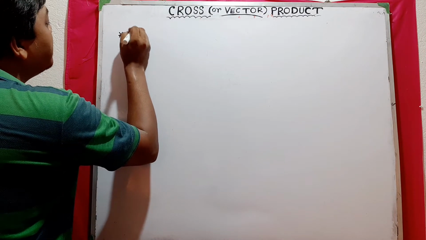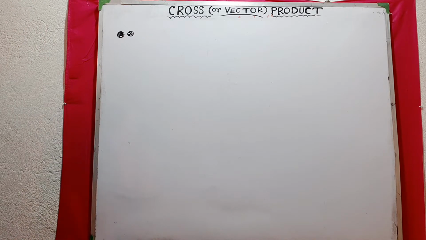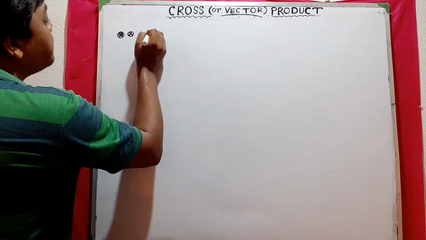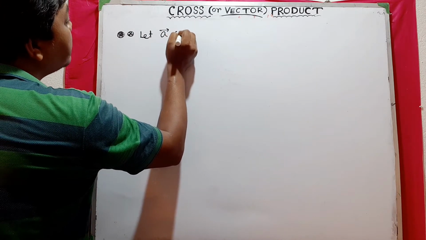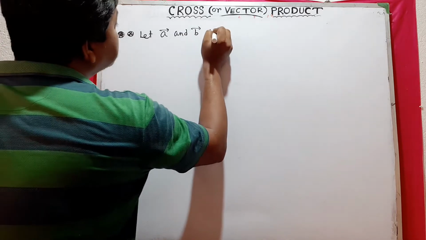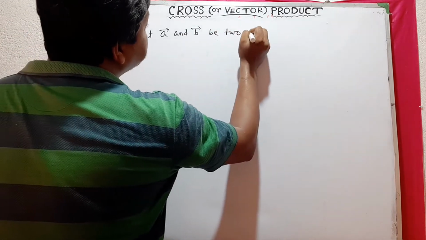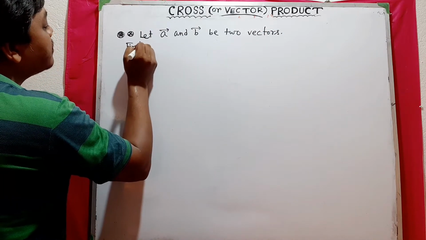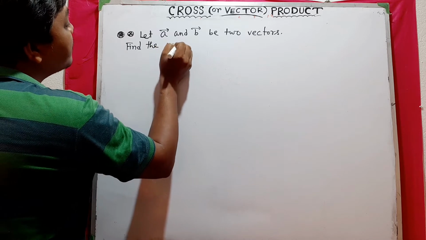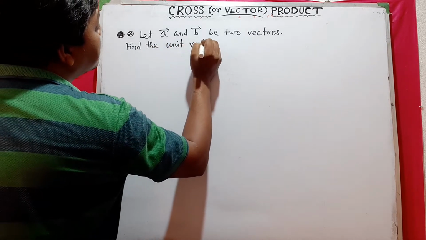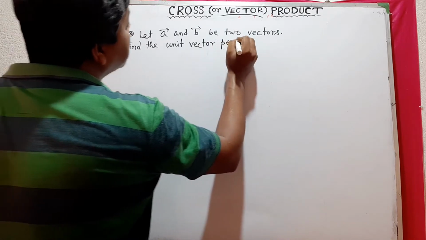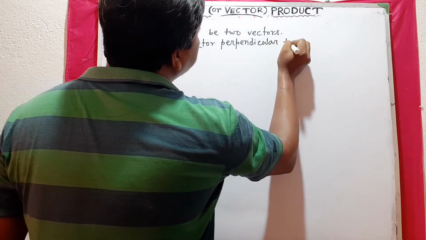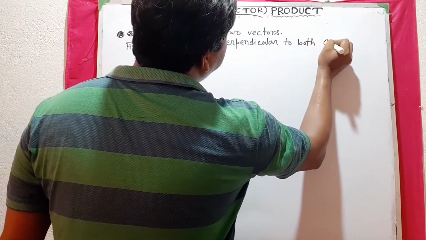তোমরা নোট ডাউন করে লিখবে। সো, any two vectors are given to you, okay, let A and B be two vectors, find the unit vector perpendicular to both A and B,